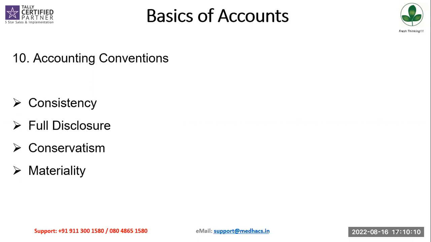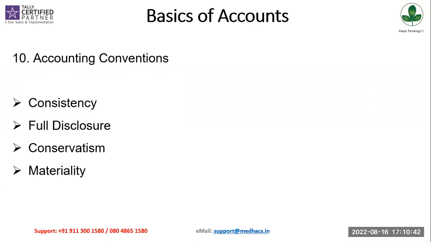At any point of time, I don't maintain more than 10 numbers of stocks in my stock, because I have calculated my purchase delivery period and everything based on my volume of sales and the orders that I have. So that is the consistency that a business maintains. So there is certain consistency in accounting that we actually maintain. So that is very important.